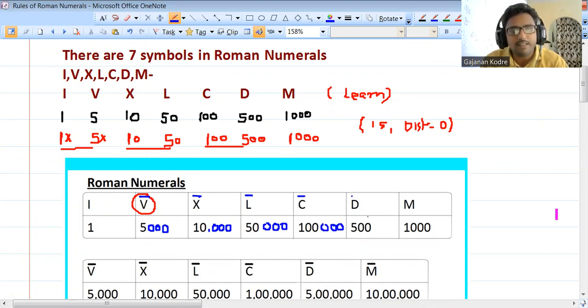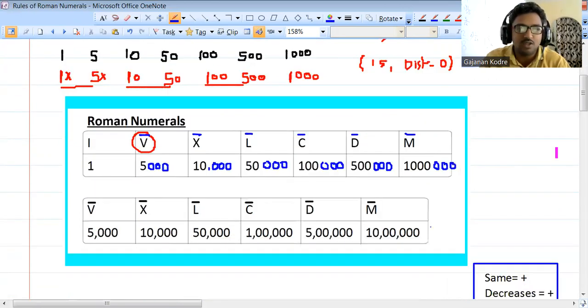Similarly, D bar, can you guess what will be the D bar? Yes, 5,000, sorry, 5 lakh. M bar will be 3 more zeros on 1000, so it will be 10,000. So as you all can see here,